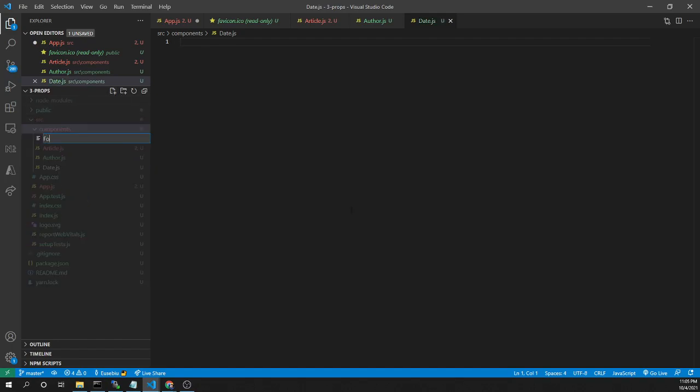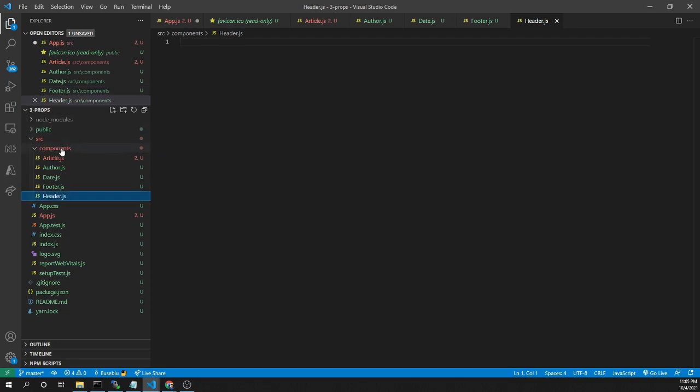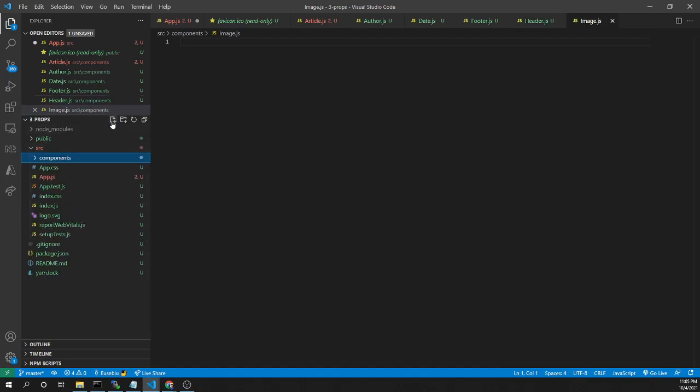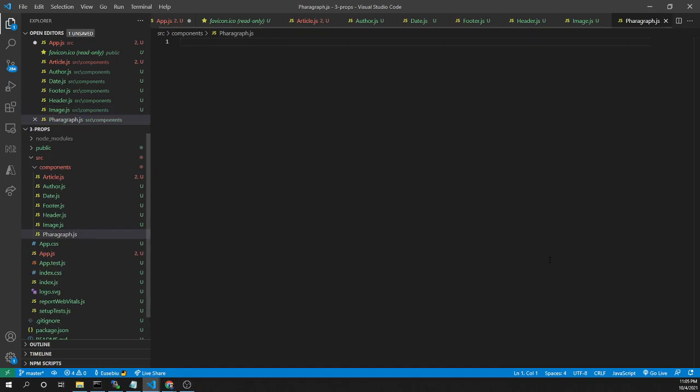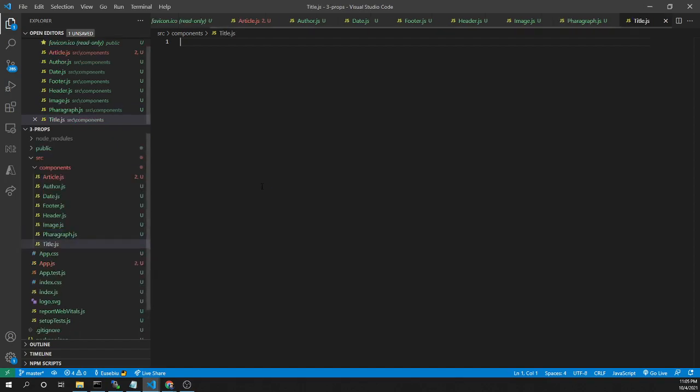Let's create a footer, header, image, paragraph, so paragraph.js, and let's add a title also.